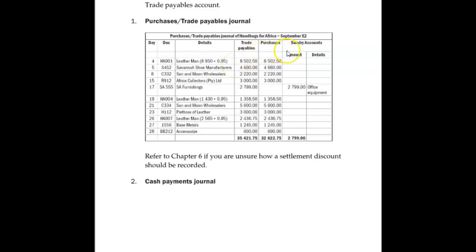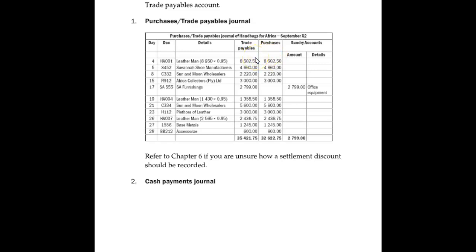Now, what are these accounts over here? Purchases and sundry. Basically, it's telling me, okay, I know I have to put 100 Rand here of trade payables, but what's it for? So all these columns, 1, 2, 3, are basically saying, okay, what's this number here for? What's this payment for in trade payables? So in this case, my 100 Rand which I bought was inventory, right? So it will go under purchases.